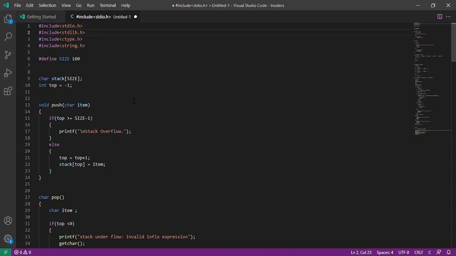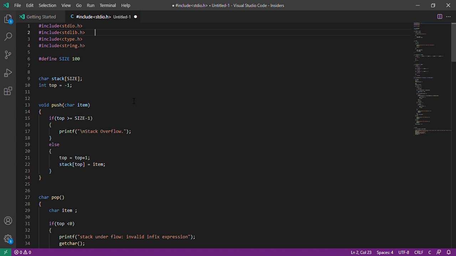Now we will discuss how to write a C program to convert the given infix expression to its postfix expression. First, the introduction of infix expression and postfix expression. One of the applications of stack is in the